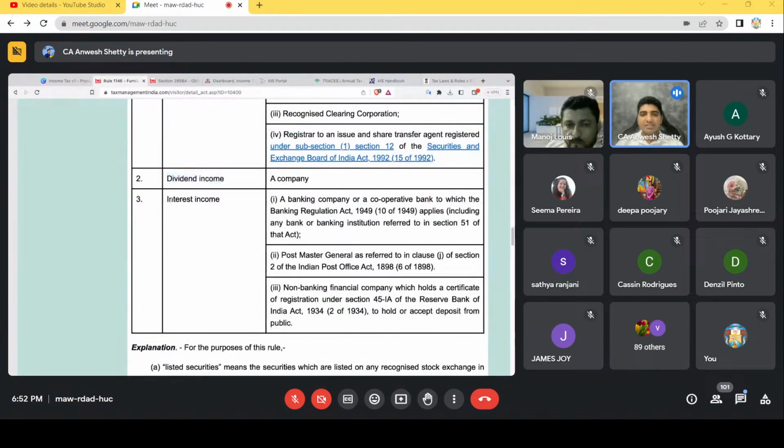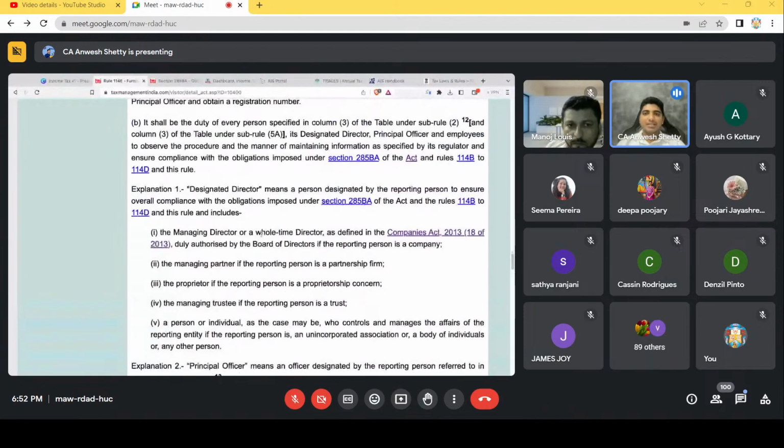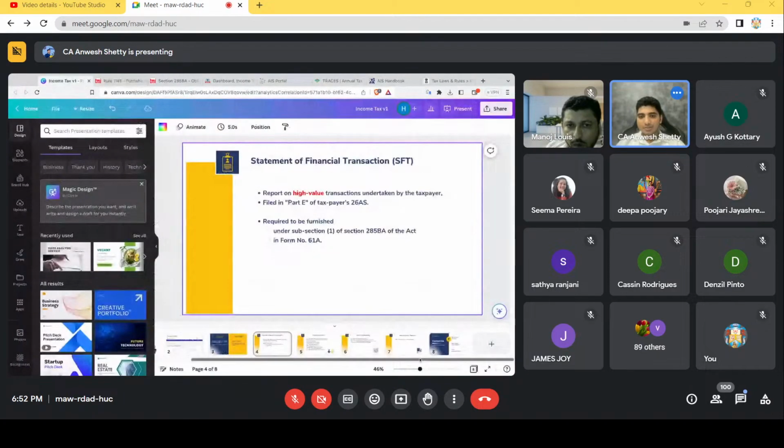Here, if it is interest income, earlier they had put that 5,000 rupees slab, but now they have removed it. So all the banking companies and all the NBFC companies or the post, whichever is giving you interest, invariably they are supposed to declare your income to the income tax department. Okay, so these are the details that will come in your SFTs. Okay, so the final aspect that I want to take is,